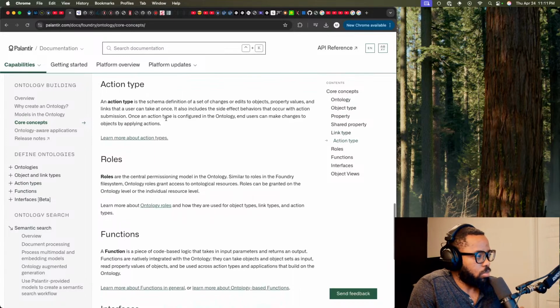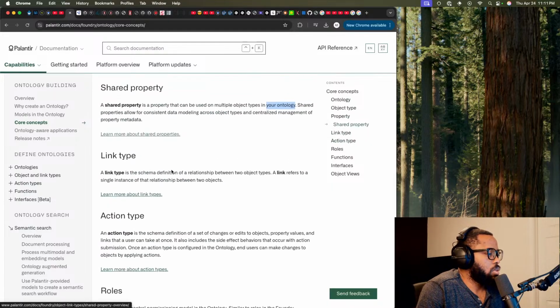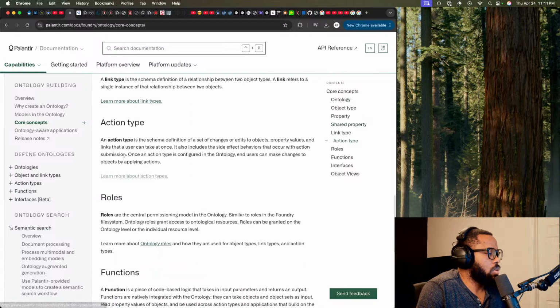Action type. An action type is the schema definition of a set of changes or edits to objects, property values, and links that a user can take at once. Are these changes meant to be? Oh well, okay. It says a set of changes.